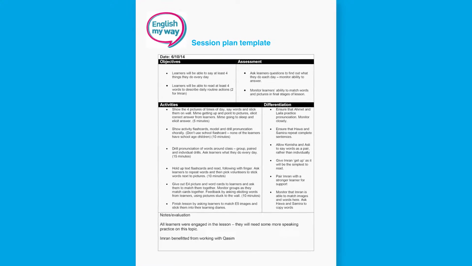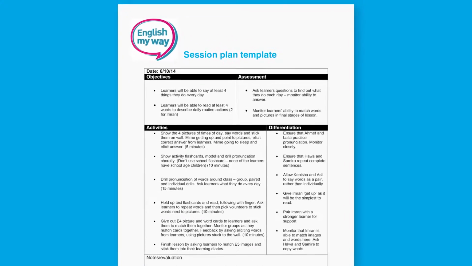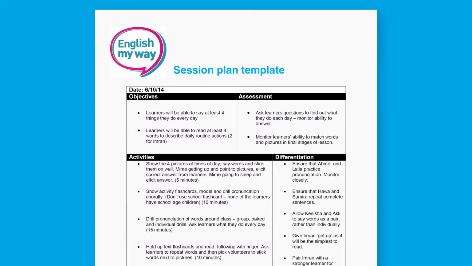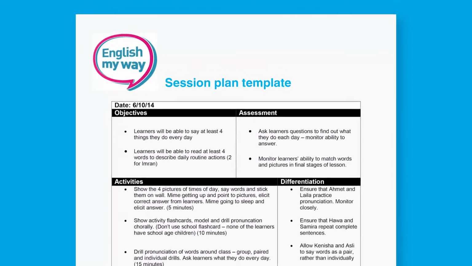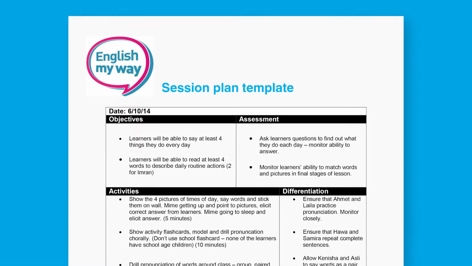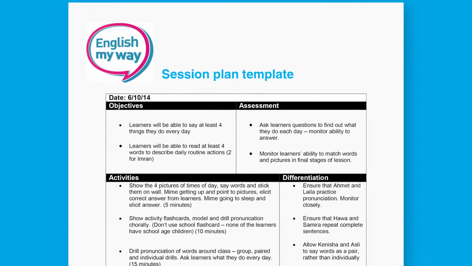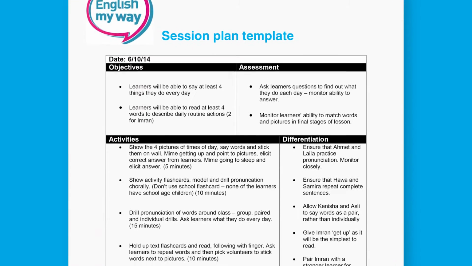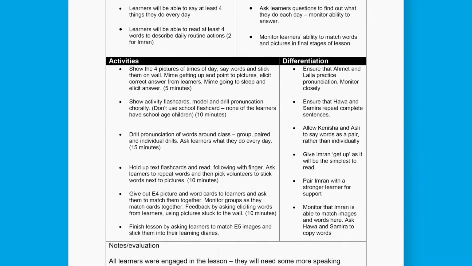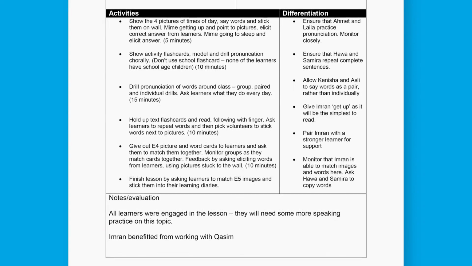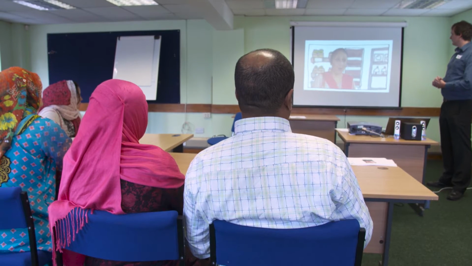Record long-term planning on a scheme of work or other document to make sure you don't miss out or overdo something. Short-term is for the next 2 or 3 lessons. Before you start, decide the learning objectives for each session. These are the individual things that learners need to be able to do before they can achieve the aim of the lesson. For example, to be able to order things in a shop, they need to be able to say,